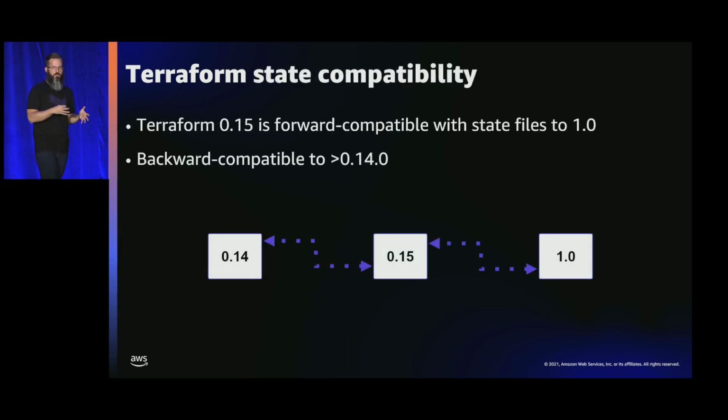So diving into some of the things that went into the stability side, let's talk about state compatibility, because this was also a tremendous thing that, as people upgraded, there were things that changed, there were versions, formatting, all kinds of other things going on. And this was something that we stabilized so that you can go not only forward, but you can always go backwards as well. Caveat there, going back to 0.14. So you do have to make that leap at least once to get to that point. But at that point, you don't have to update versions. You don't have to do anything along those lines. You can continue in a pretty streamlined process as you update versions.